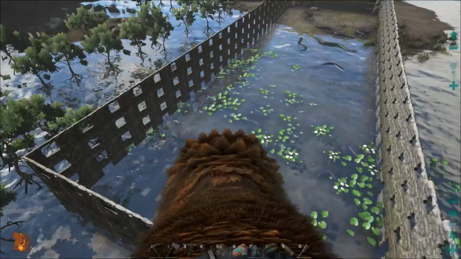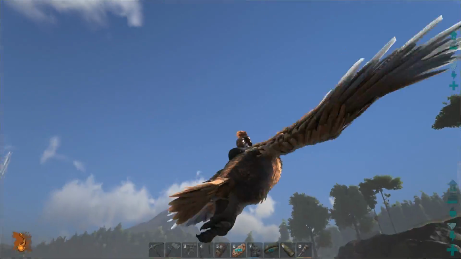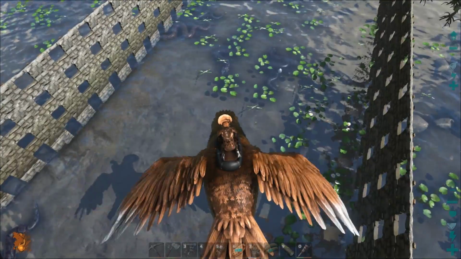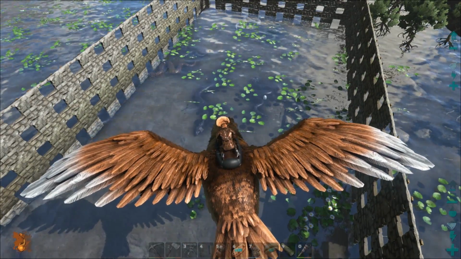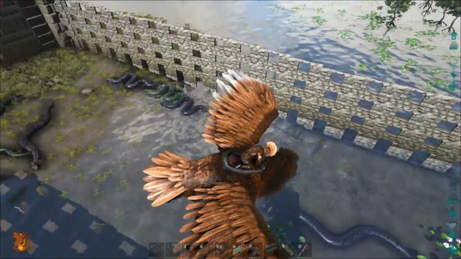Next I use my fastest Argent to collect all the snakes in the swamp. As you can see, they've already started laying eggs. That's because the snake farm is now in the swamp, but also because I flew out of its render range